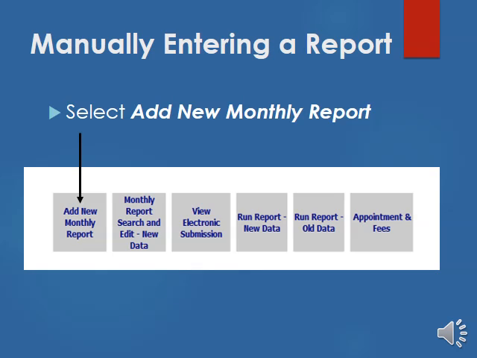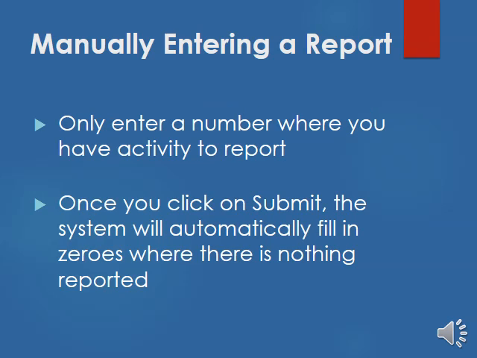Now let's go over the options for submitting the reports, the first being manually entering the report. To do that, click on Add New Monthly Report. A tip when entering the report manually is to only enter a number where you have activity to report. In other words, it is not necessary to type a 0 in any field where there is no activity to